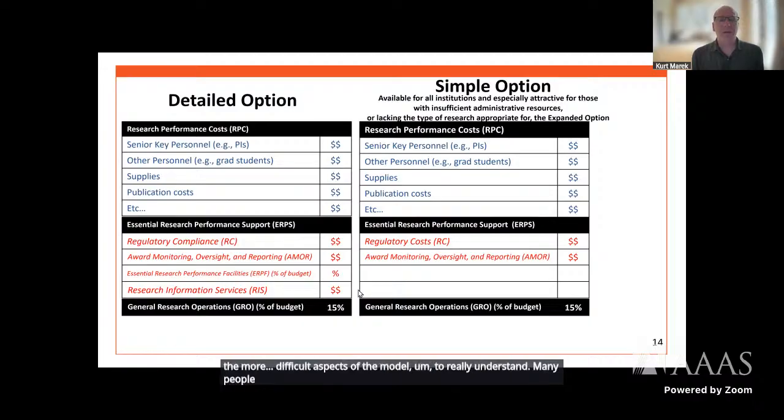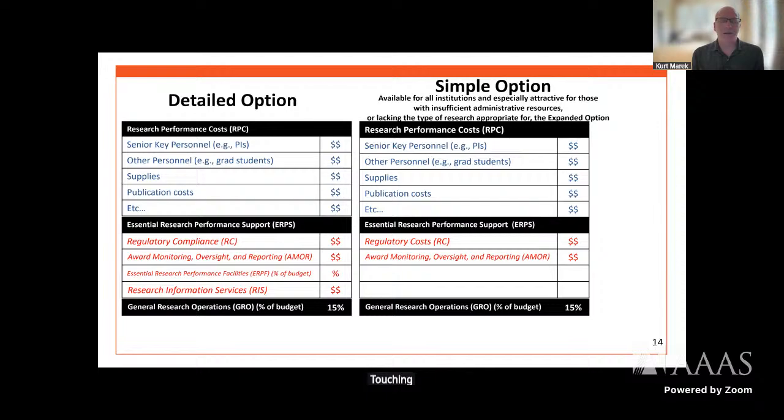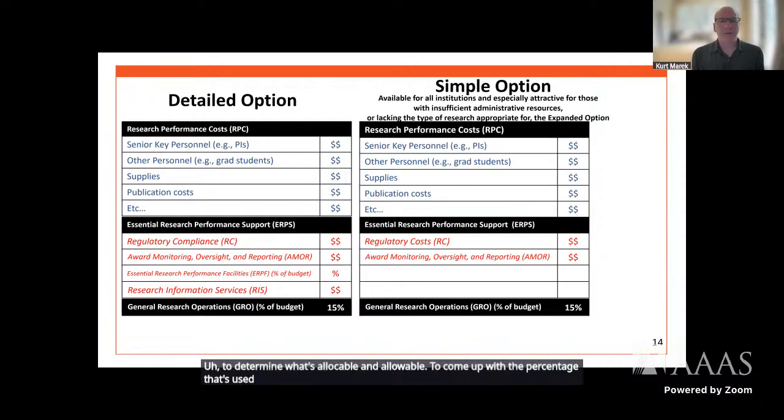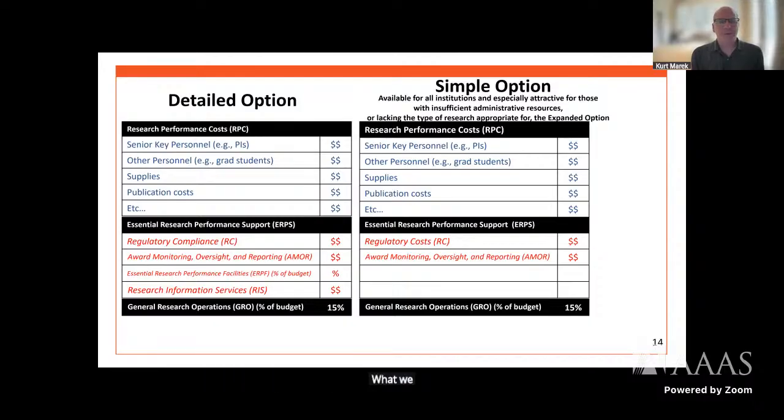Most people that are touching indirect costs in some way don't really understand how the current F&A, or facilities rate, is determined. It goes through a very lengthy process with a space evaluation to determine what's allocable and allowable, to come up with the percentage that's used now and put on the budgets. What we're proposing with the FAIR model is that something similar, although less complex because it doesn't involve any negotiations with the government, would be done on some regular basis, perhaps every 2 years, every 5 years, where you would